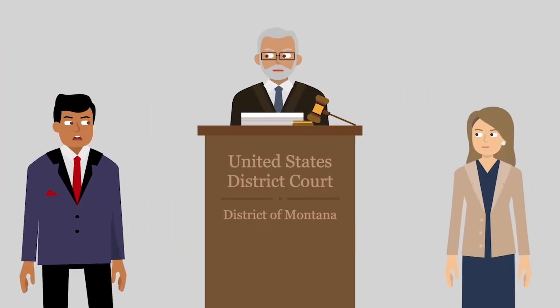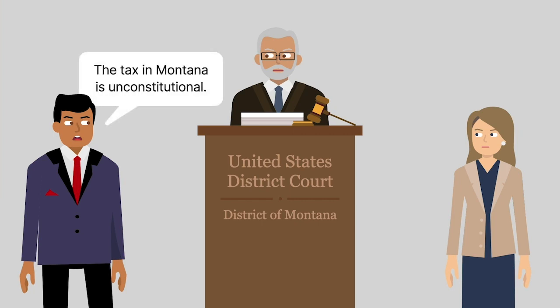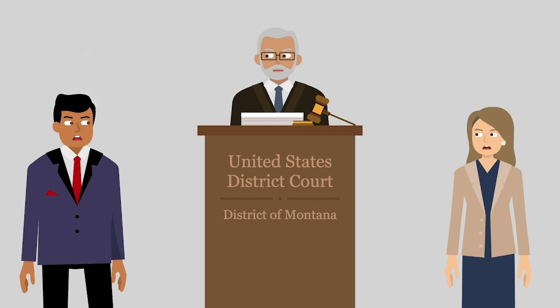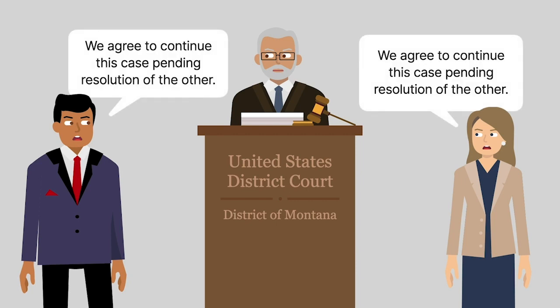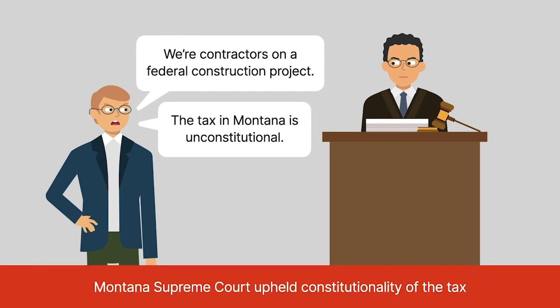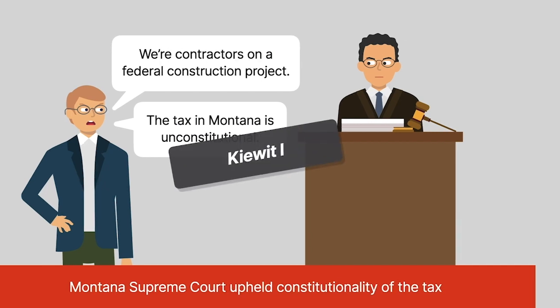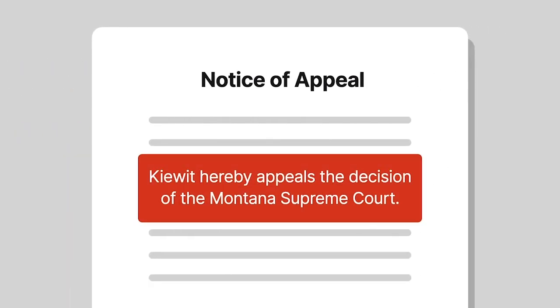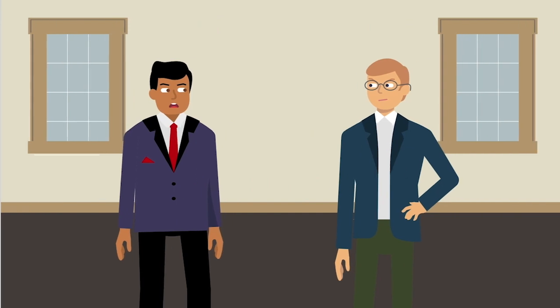Shortly after Kiewit filed suit in state court, the government sued Montana in federal district court, again challenging the constitutionality of the tax. The parties to the federal lawsuit agreed to continue that case, pending resolution of Kiewit's case. In that matter, the Montana Supreme Court upheld the constitutionality of the tax in a decision commonly known as Kiewit 1. Kiewit filed a notice of appeal to the United States Supreme Court, but later abandoned it at the government's